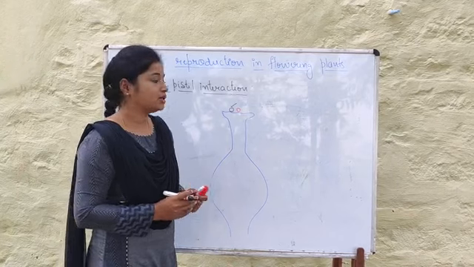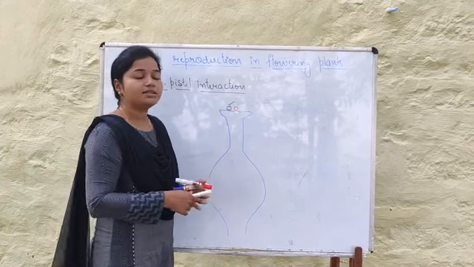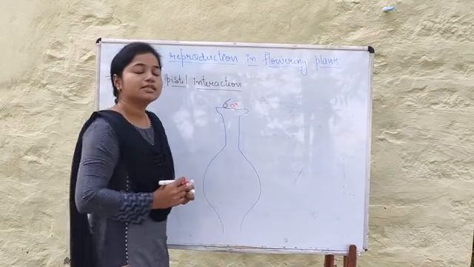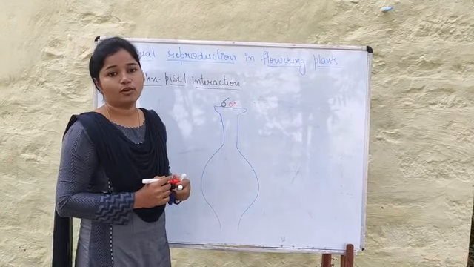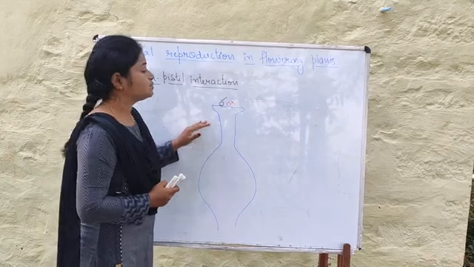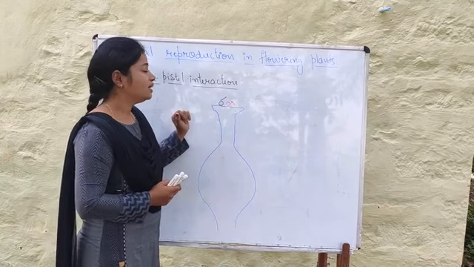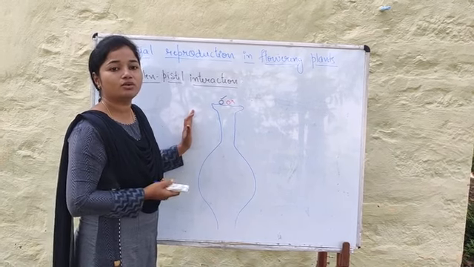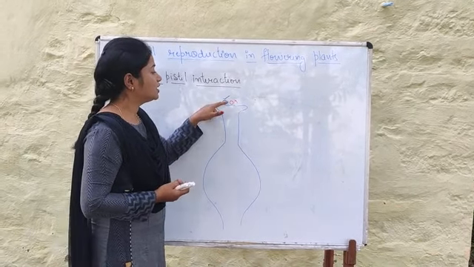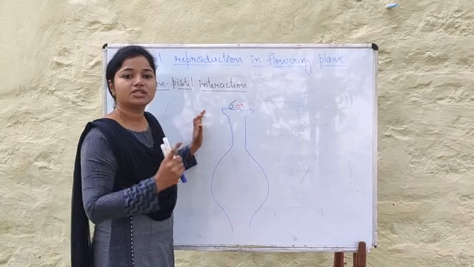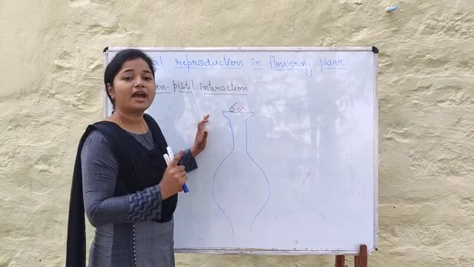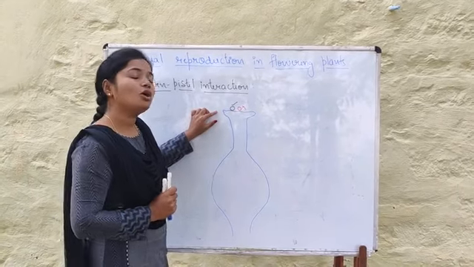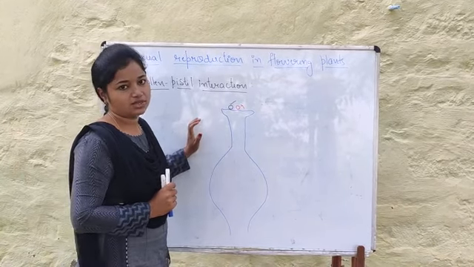to the fertilization. But suppose the pollination brings the wrong type of pollen grain. Then this pistil is going to recognize it, right? And it will come to know that it is a wrong type of pollen grain. So then it is going to reject the pollen. It is going to reject the wrong type of pollen and prevent pollen germination on the stigma or pollen tube growth on the style, right?